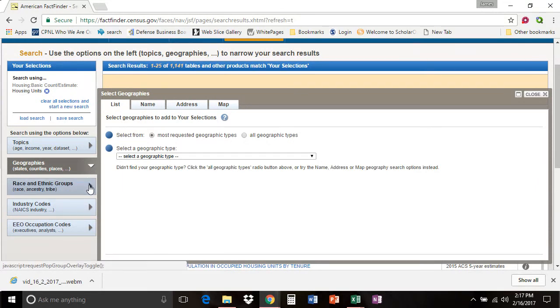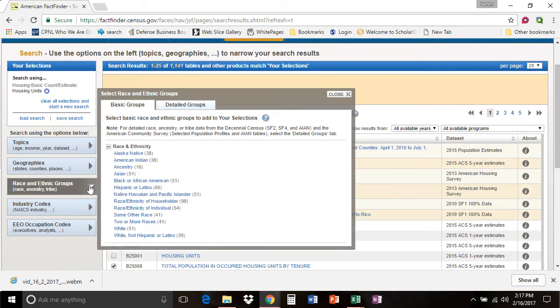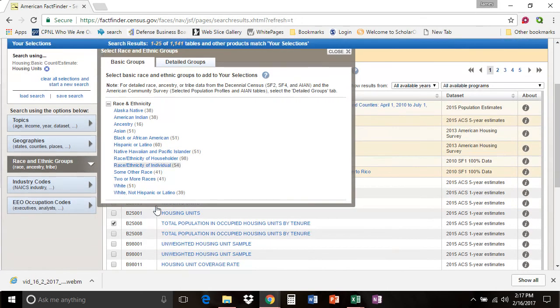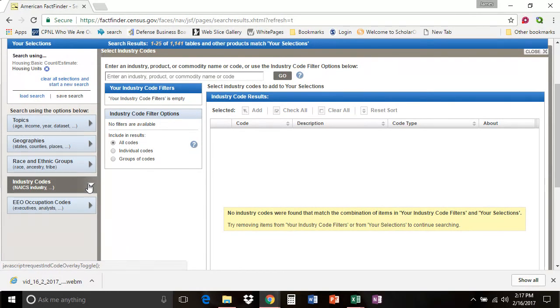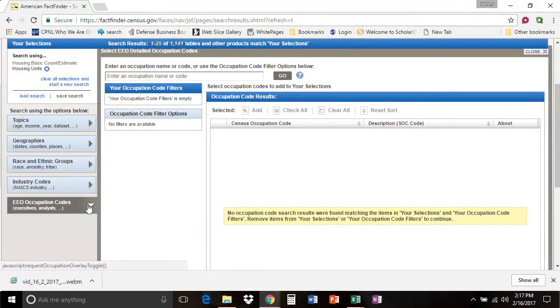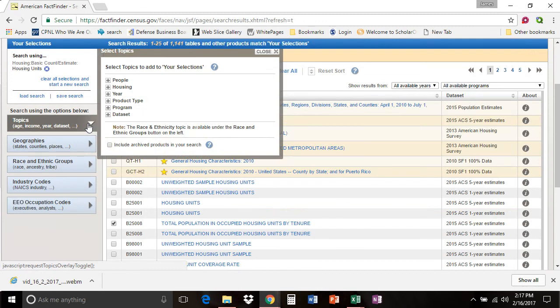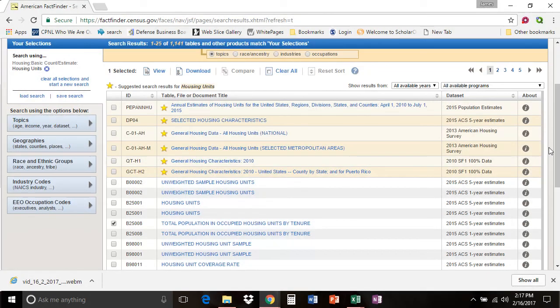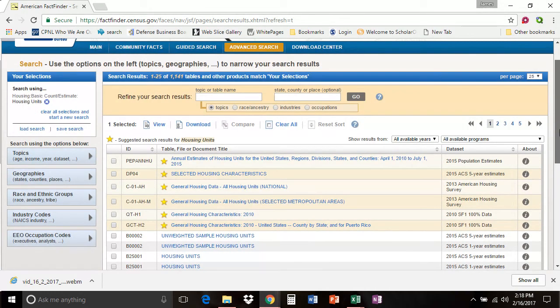Actually, I'm not even sure what's in a lot of these areas. Here in race and ethnic groups, it talks about the population by race and ethnic groups. This is from the Census of Business, I think, on industry codes. And this is, I think, from employment. So the point is that the American Fact Finder is a great place to start for more detailed levels of data. So I think I'll end it here,